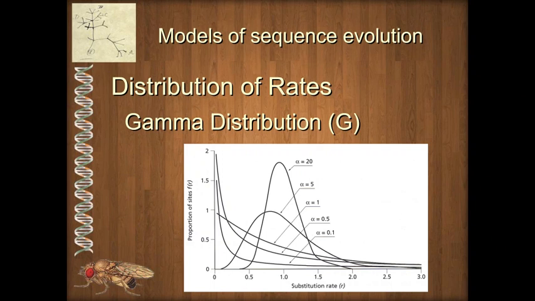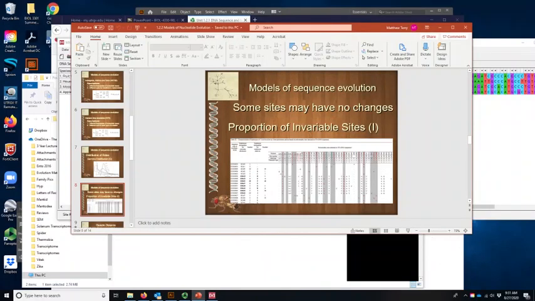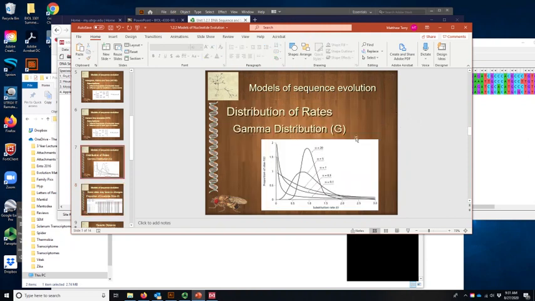So the gamma distribution is simply a statistical method for estimating how different the rates of substitution are at different sites. And so we could add on, in fact, let's go back and let's type it in here. There we go. So we might have, for instance, a very simple model like the Jukes and Cantor model. And then in addition to that, we add in